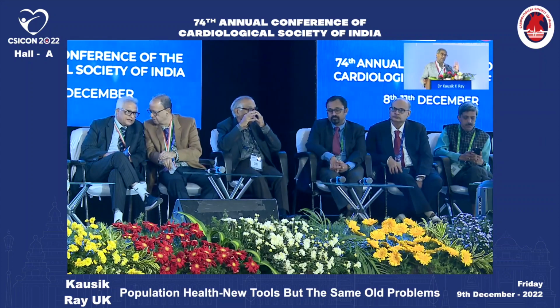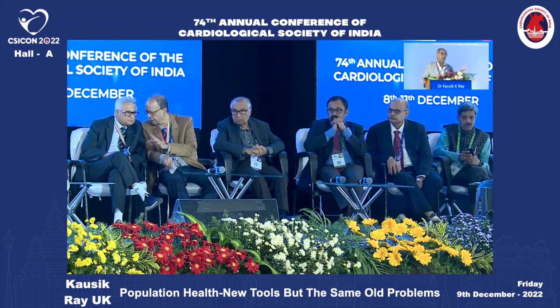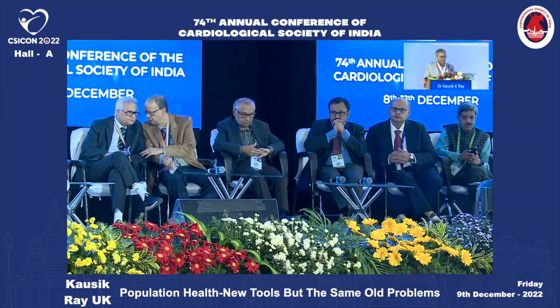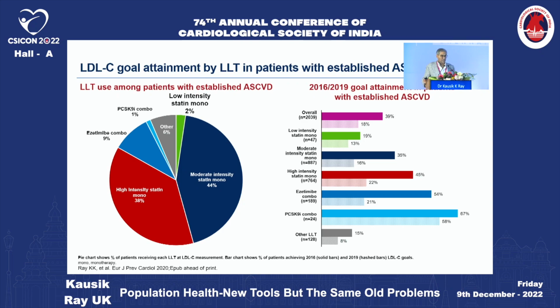Now, on the left-hand side, we're basically focusing on the 50% of patients that had ASCVD. We do a little bit better with the use of high-intensity statins here rather than moderate intensity. But remember, when you go from moderate to high, it's only about another 6% further lowering. So on the right-hand side, what you can see are the two different sets of goals. So 70 milligrams per deciliter, so all of the dark boxes, a proportion of patients getting to below 70, stratified by the approach used. And then the shaded boxes are the proportion of patients getting to below 55.